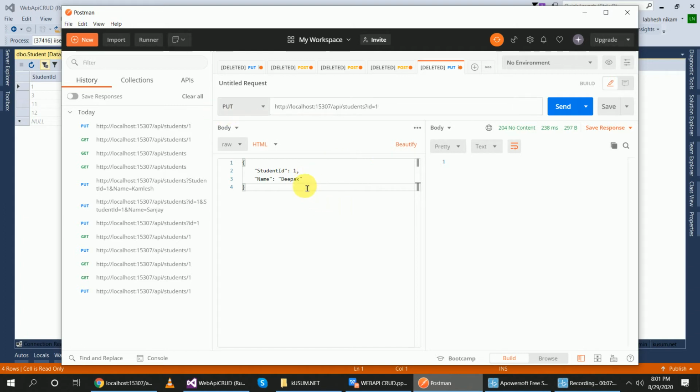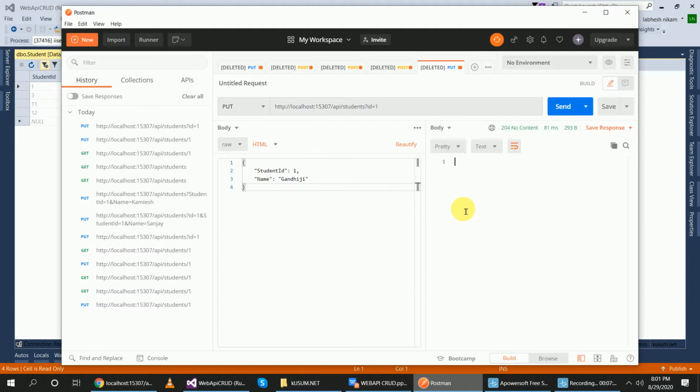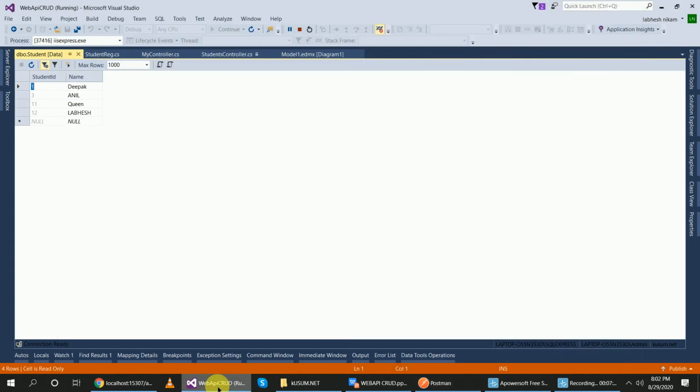I have given a PUT request, and in place of Deepak I now use Gandhi. You can see this Gandhiji is also updated because I got display 1, so one record is updated. You can see the first number has Gandhiji.